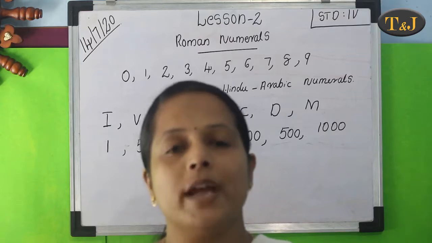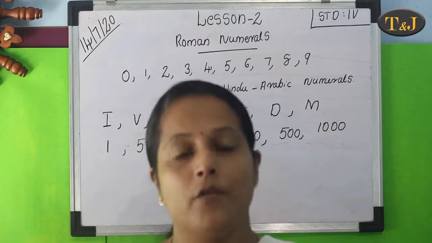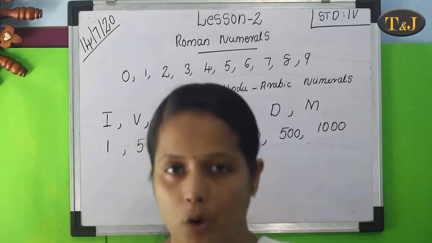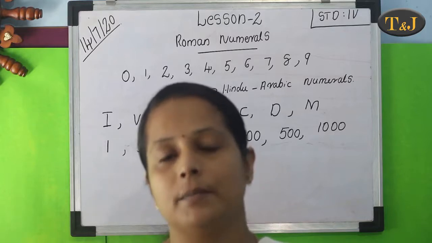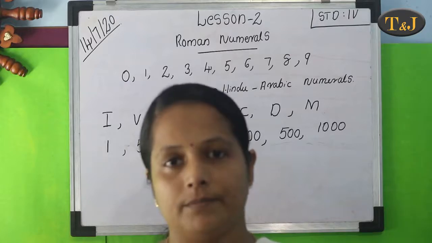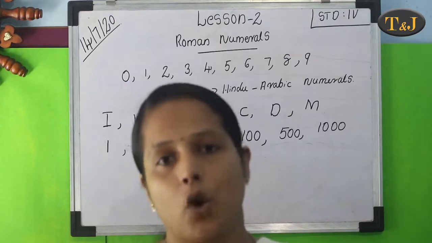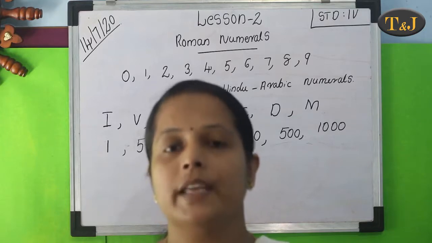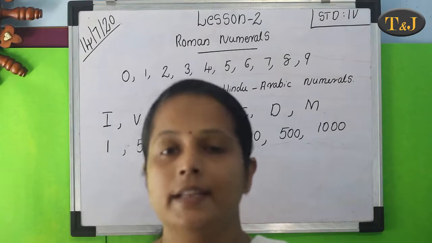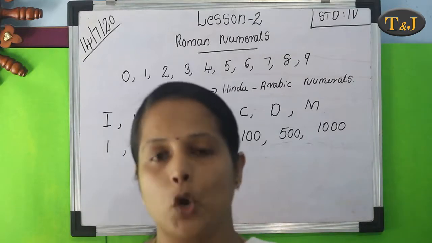Do you know how to write the Roman number 4? First we write the Roman number I, and then the Roman number V. That is the number 4. In the previous year, in our 3rd standard, how did we write the Roman number 3? We wrote I three times. Some clock faces also show Roman numerals.